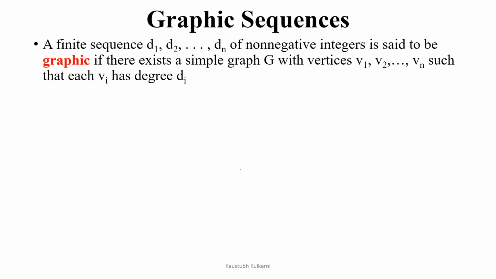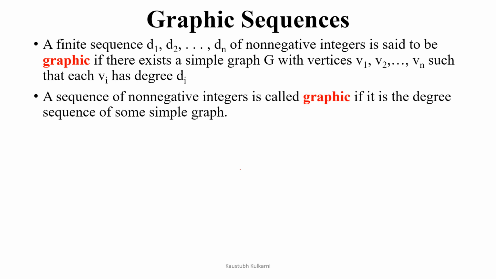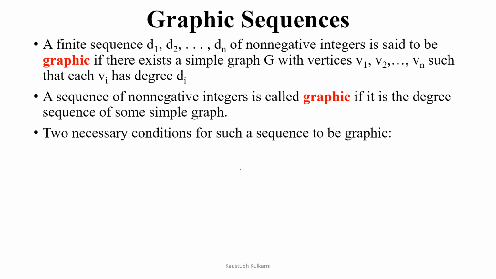Graphic sequences. A finite sequence of non-negative integers d1, d2 up to dn is said to be graphic if there exists a simple graph G with the vertices v1, v2 up to vn such that each vertex vi has the degree di. In simple words, a sequence of non-negative integers is called graphic if it is the degree sequence of some simple graph. Now, two necessary conditions for such a sequence to be graphic are: